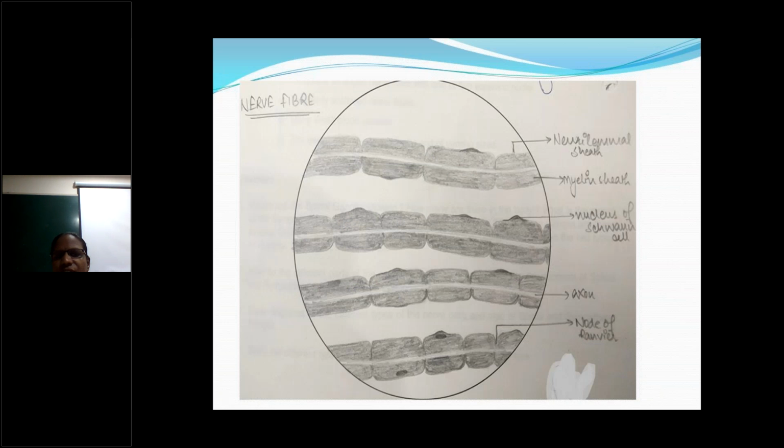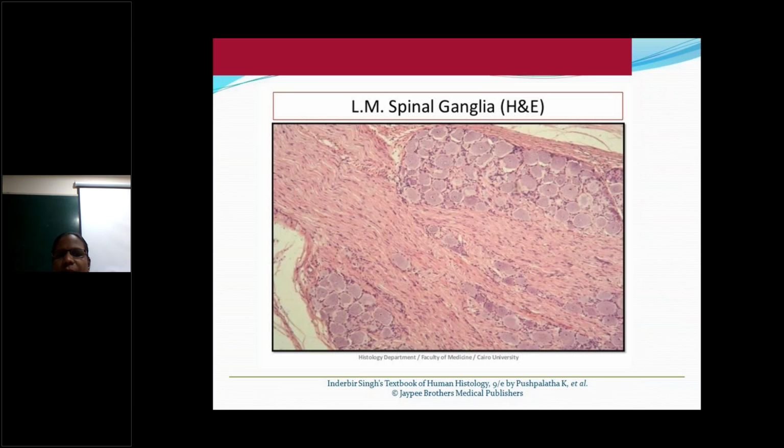When you come to the transverse section, it is the same manner. When you take one nerve fiber in transverse section, the individual nerve fiber is covered by a little amount of connective tissue, the endoneurium. A bundle of nerve fibers is covered by a little amount of connective tissue, the perineurium. The entire nerve is covered by a little amount of connective tissue, the epineurium. That's the transverse section of the peripheral nerve fiber.